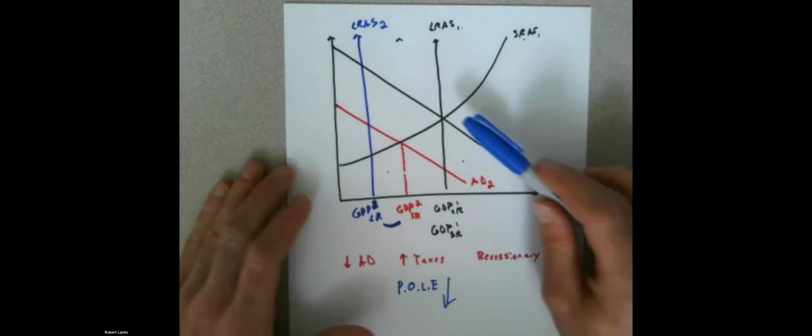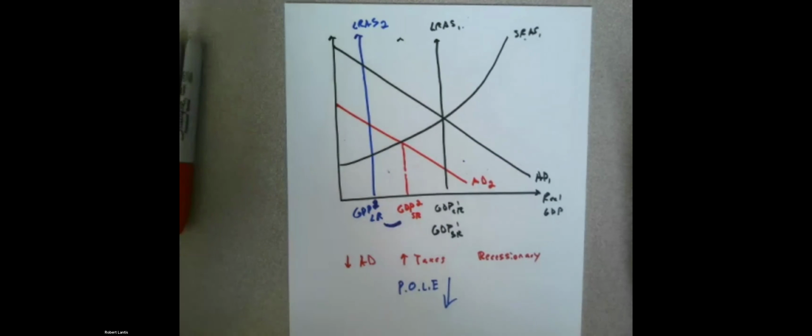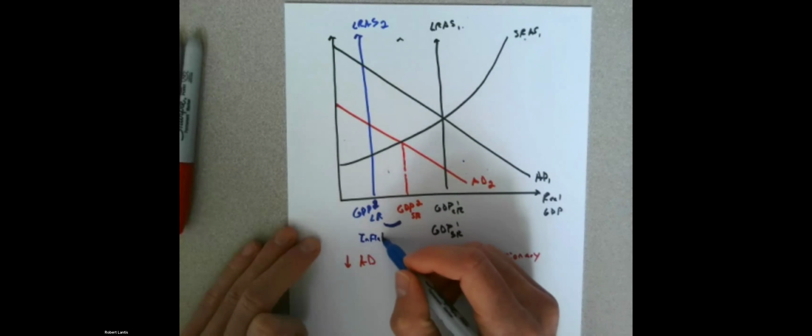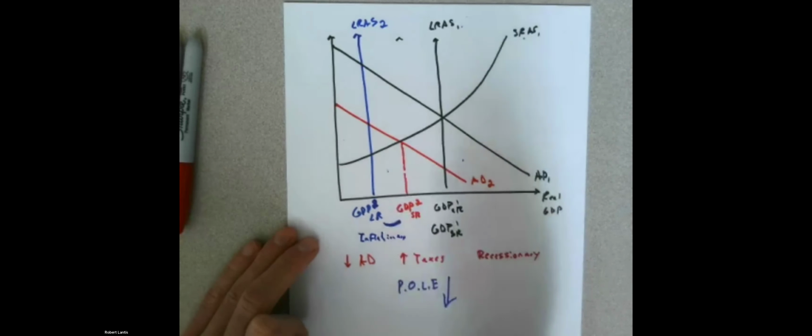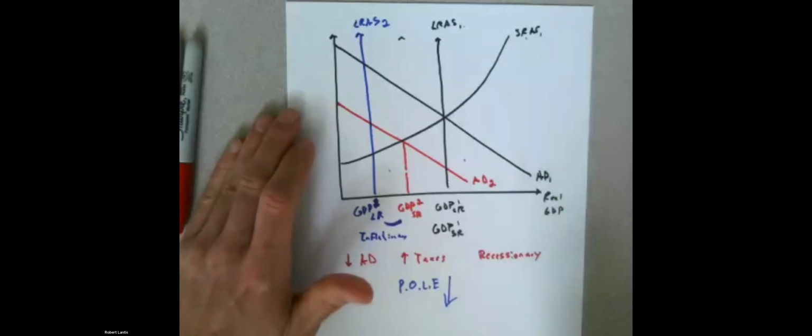So it makes no sense to engage in contractionary fiscal policy if we think we're going to have these secondary effects on pull, because we're just lowering GDP. It doesn't matter that we've now created an inflationary gap, because our long run GDP is now going to be even lower than it was before. Right? So this is an example that doesn't make sense in the real world, but it's just thinking through these shifts and how they work. Okay.